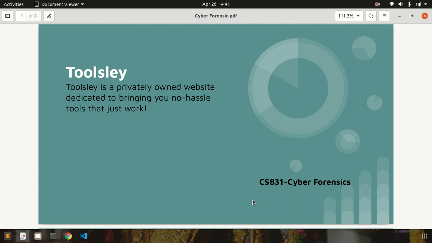There are many tools available. There are very large tools as well as small tools. The large tools are mainly used by the organizations which deal with cyber forensics, and there are small tools or general purpose tools which can be used by students or faculties in order to get an understanding or for teaching purposes as well.